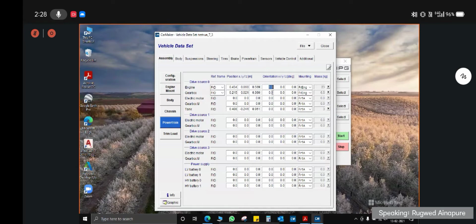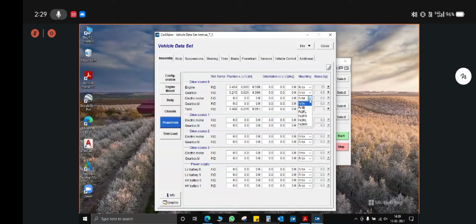And then the orientation and the mounting. For mounting, you can just select FR1A. So what is FR1A and FR1B? We will go upon that when we see the body tab. So currently I'm leaving it as FR1A. And same for the E Baha teams, you have to define the electric motor and gearbox M values with respect to the FR1 only.